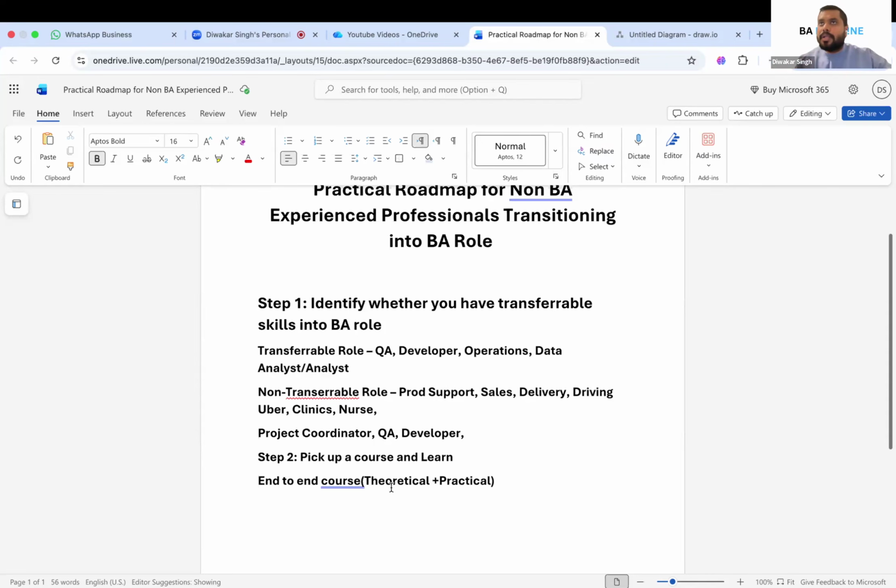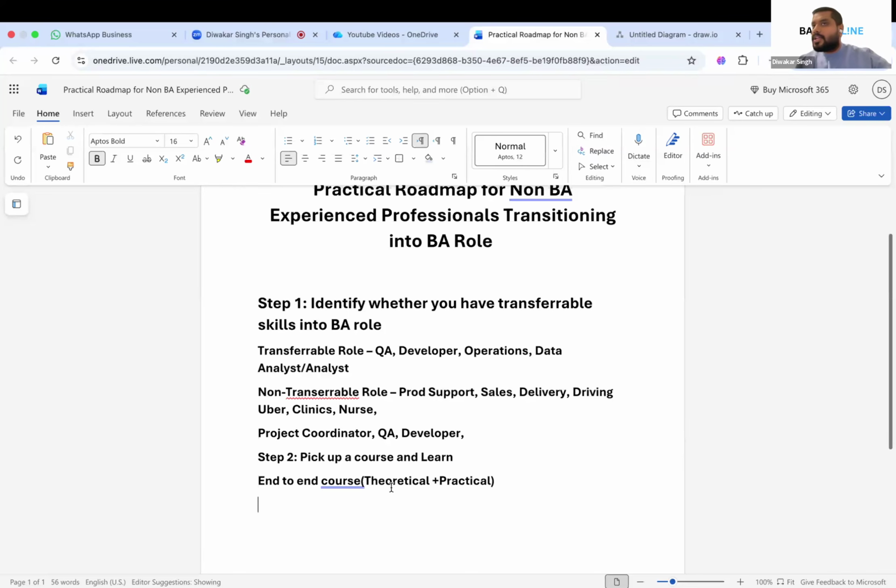Practical application is very important, because when you go to an interview, you're not going to get questions where you are asked to define something. No, you will be put in situations, in scenarios, where the interviewer is going to see what your approach is, what your mindset is as a BA. Because day to day, this is what you're going to face as a BA. This role is full of challenges, and every day will come with some sort of challenge. So how do you tackle that? What is your approach? What steps are you going to take? That is something interviewers are interested in knowing, and based on that, a decision will be made.